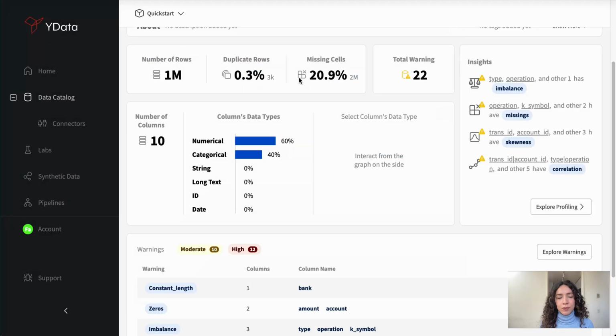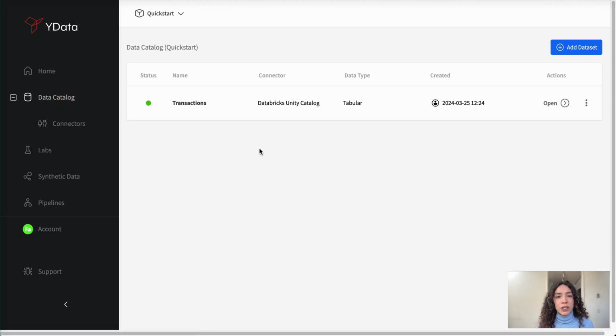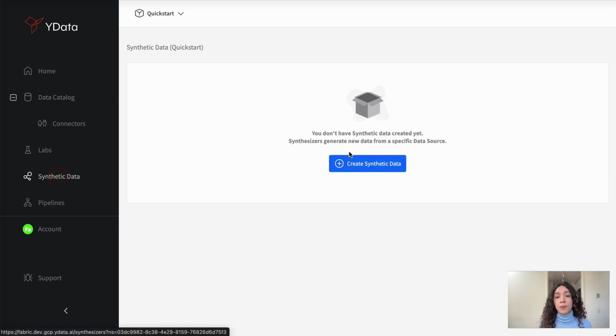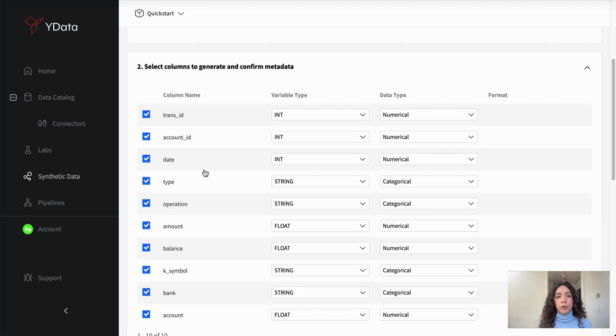That's why these metrics are really relevant for the process of using YData Fabric. My data set is ready. I can now create a synthetic data generation and have it configured through Fabric. For that, I can just join here the synthetic data, create a new synthetic data generator. For that, I just need to select this data set that was read from my Databricks Unity catalog, confirm if